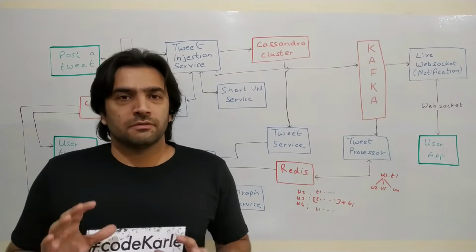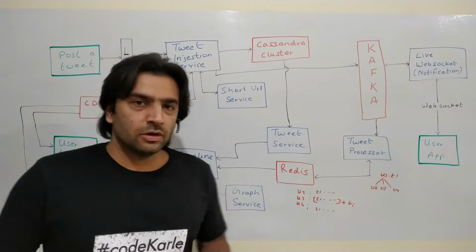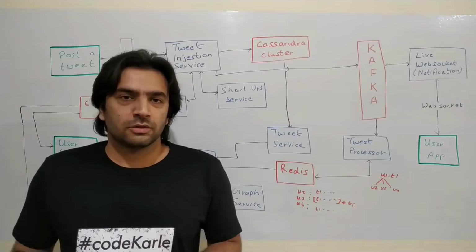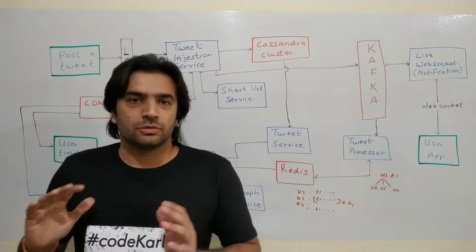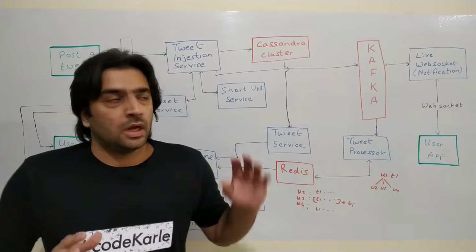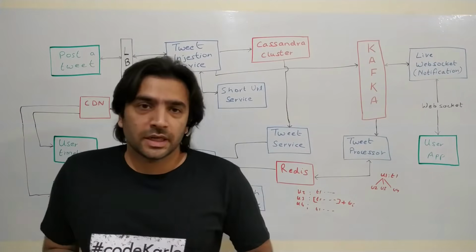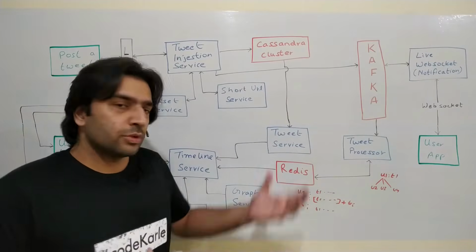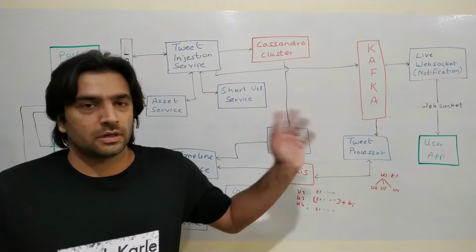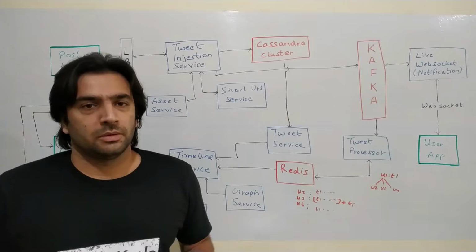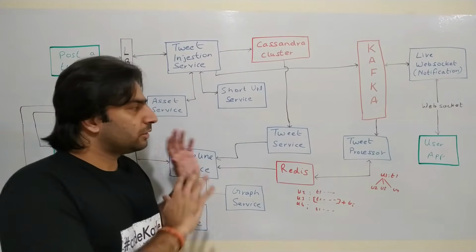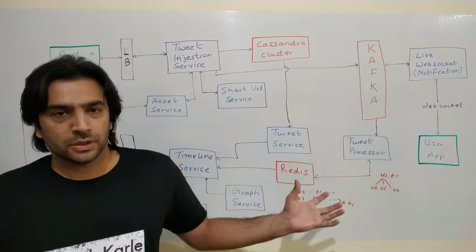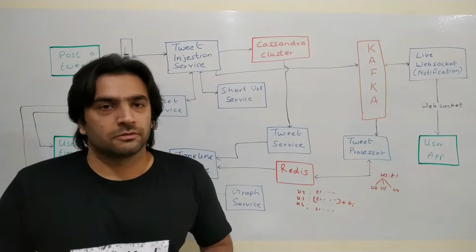And also make sure that we have enough. So at least on Redis and all, we should have enough TTL so that we don't keep really old junk data. So cleanup and all should be taken care of on these components. Other than that, everything that you see here, Redis, Cassandra, Kafka, everything is horizontally scalable. So as and when the number of tweets in the system increases, all we need to do is add more machines into each of these components, and then things should work just fine.